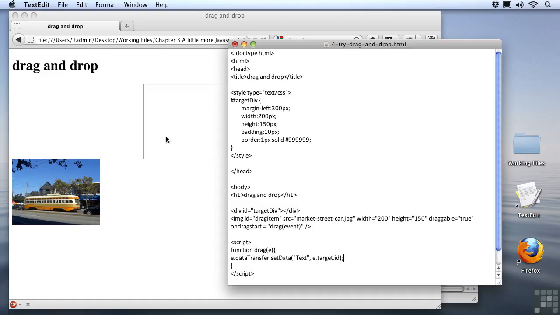The first thing that we need to do is make sure that our page will allow our user to drop the picture onto the div. Normally, our users can't drop anything on an element in a web page, so we have to make sure that's allowed. To set this up, let's go back over to our document, and this time I'm going to be working on the div called targetDiv. Let me add an